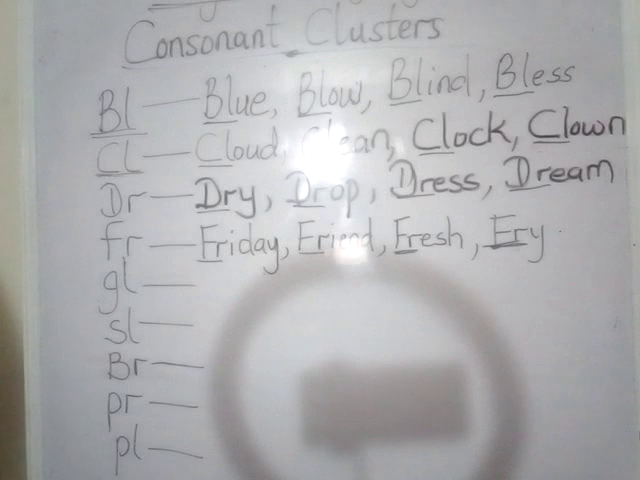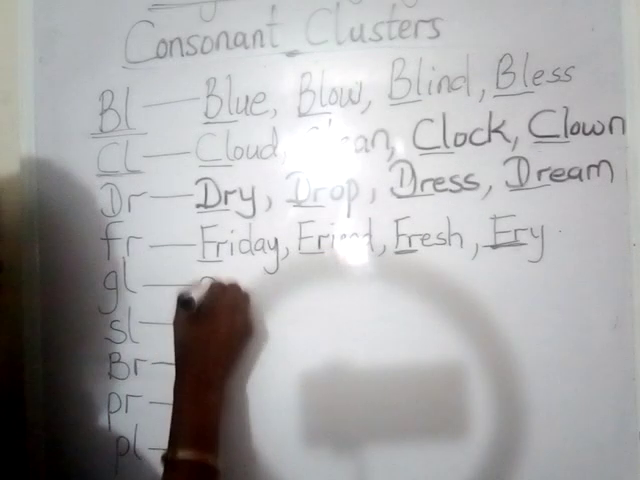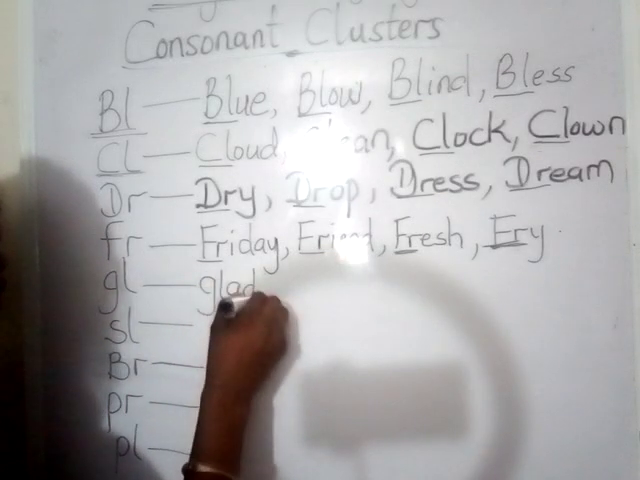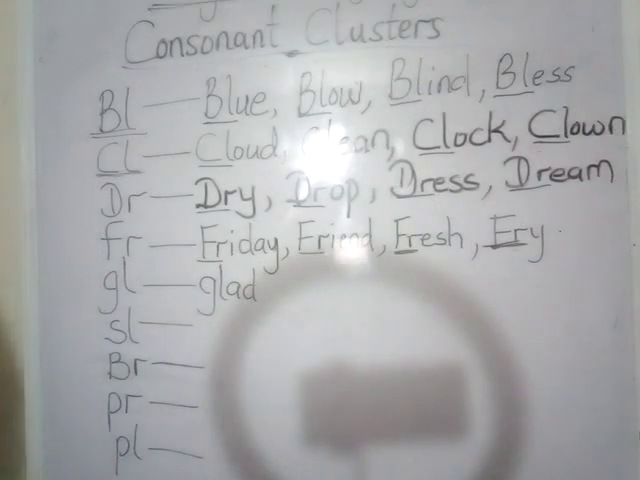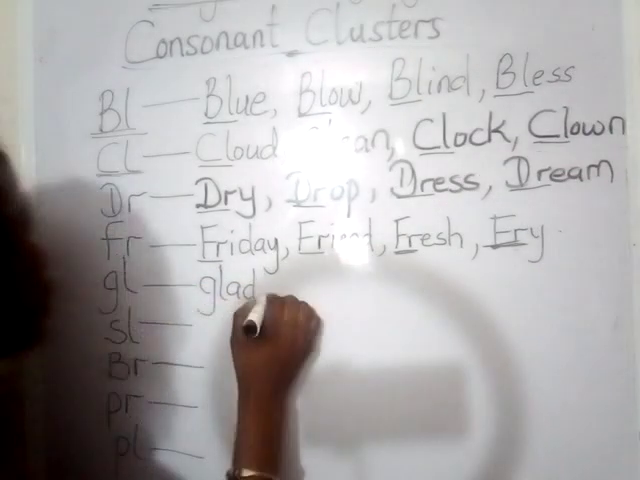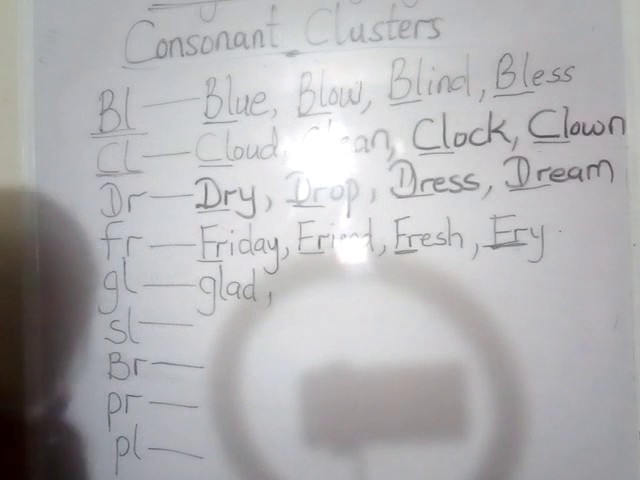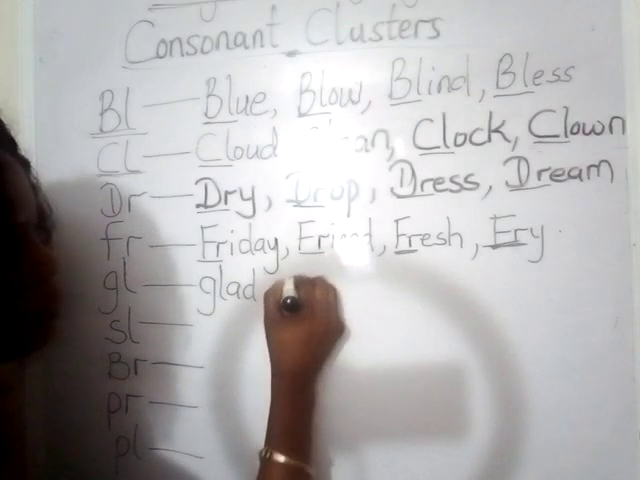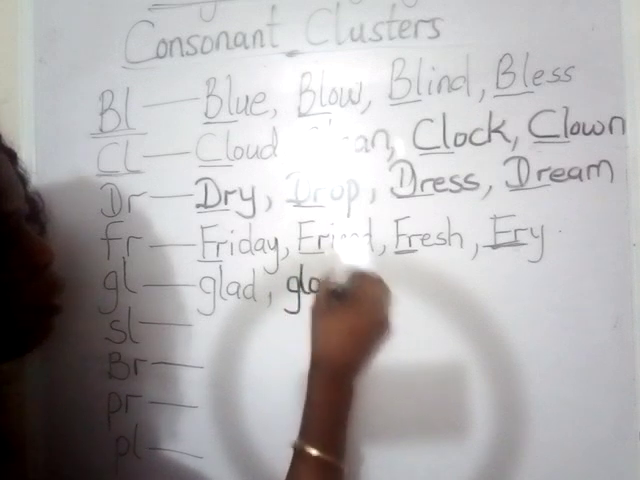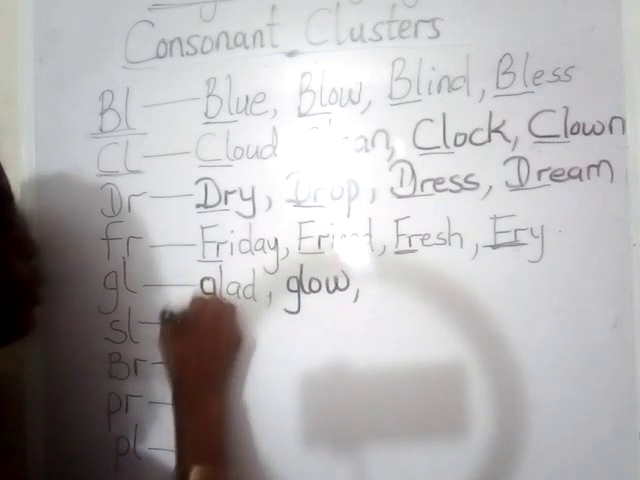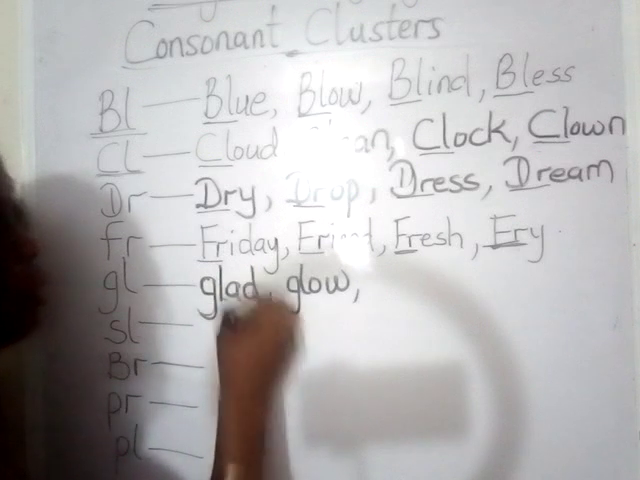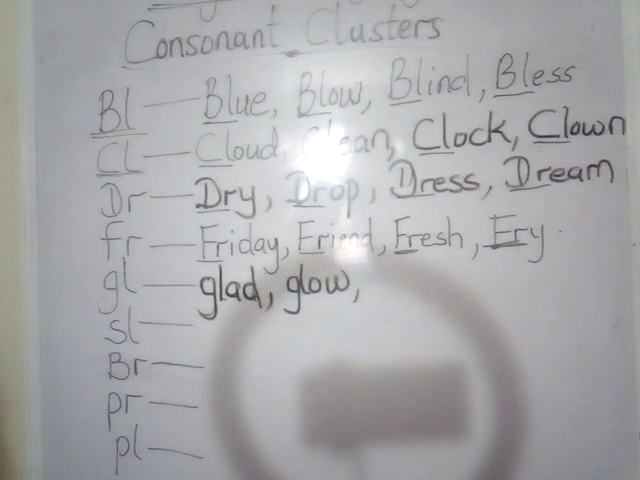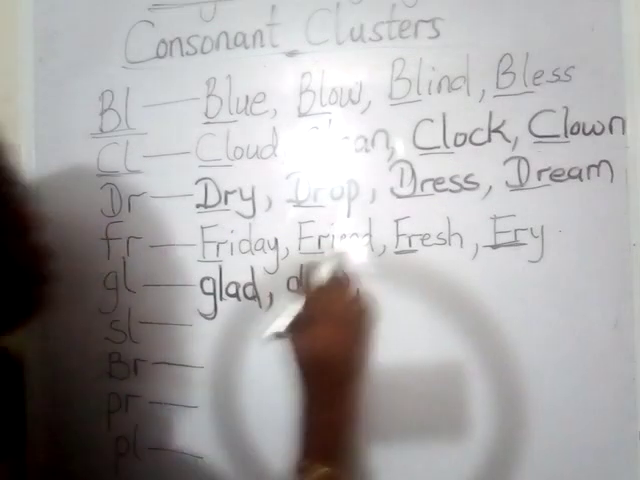Okay, so the next consonant blend we're looking at is gl. Okay, so this occurs in words like glad. When you're glad, you're happy. Occurs in glow. When you're glowing, that means you're shining, you're looking good. Occurs in glad, glow,